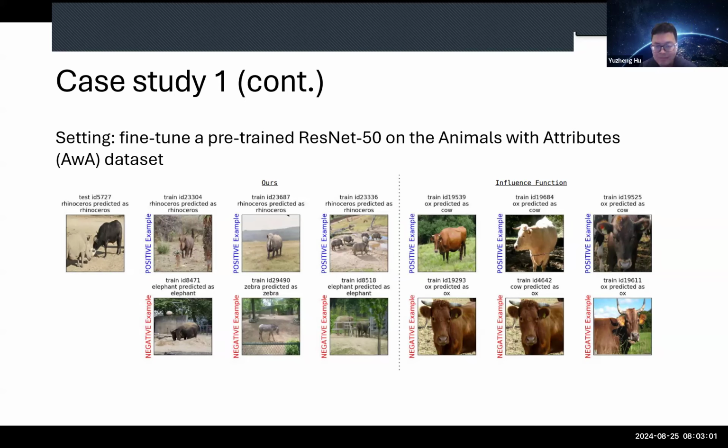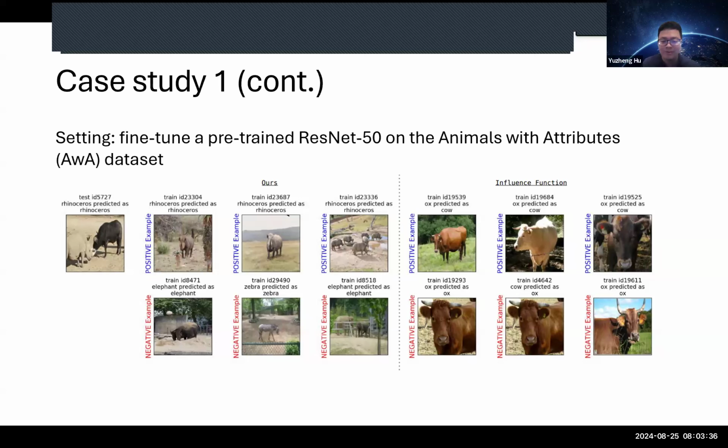But if you look at the examples selected by influence function, you will see that most of them just do not really make sense. Both the positive and negative examples somehow concern ox or cow, which probably look similar to rhinos,